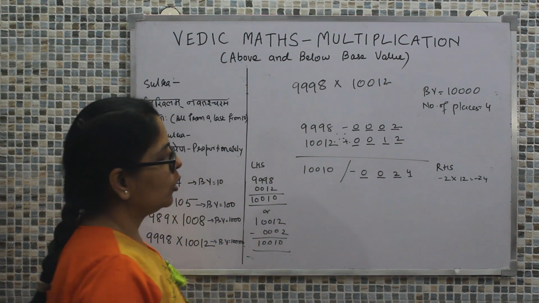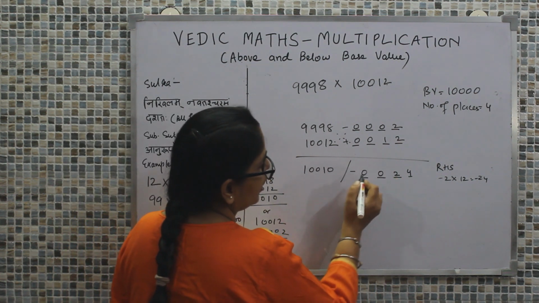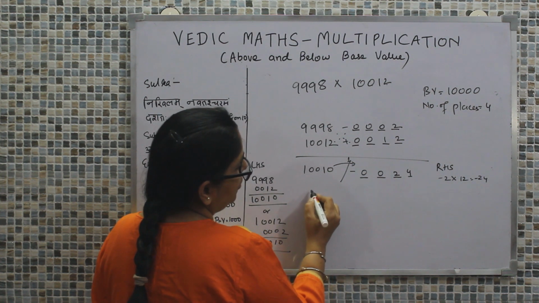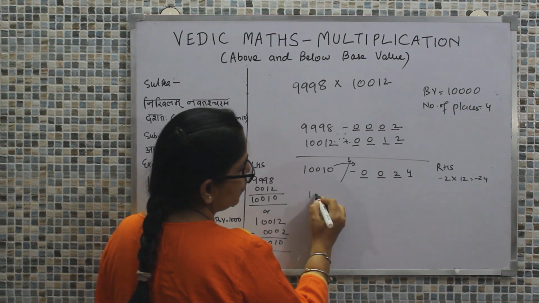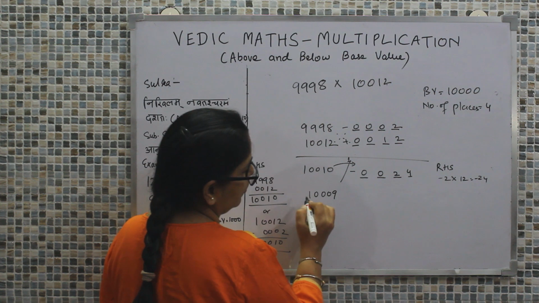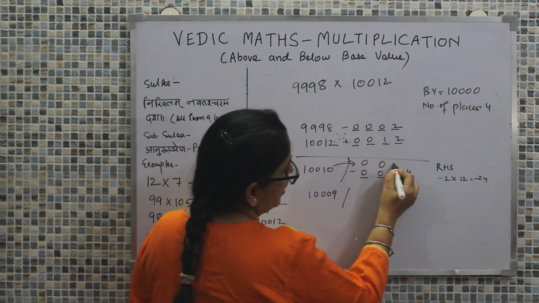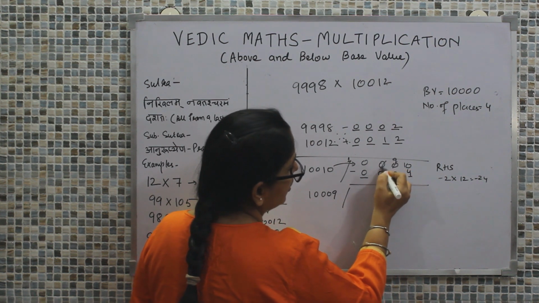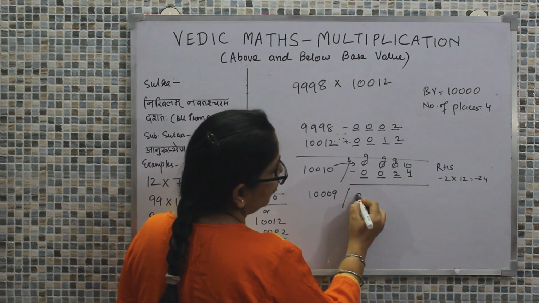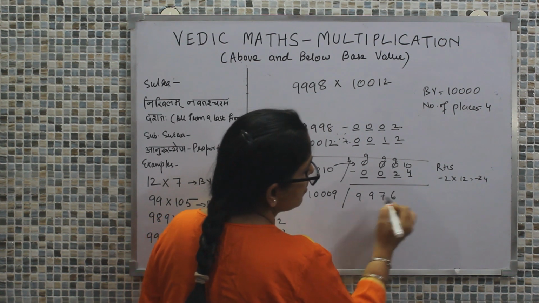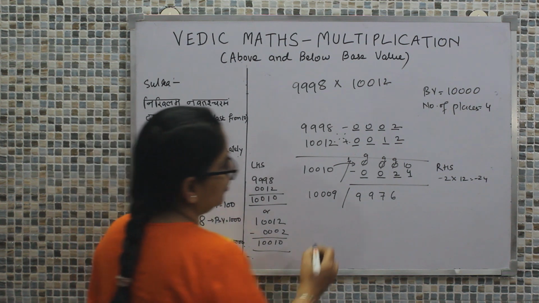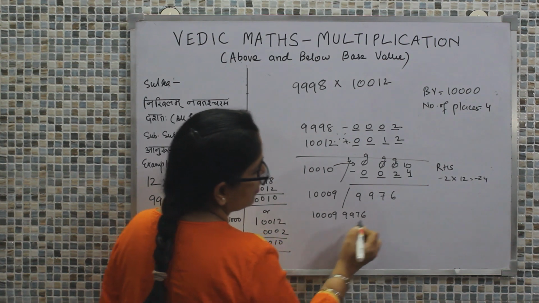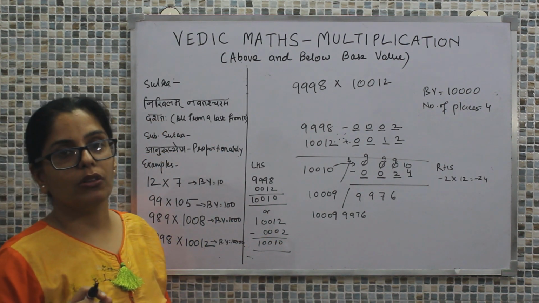Minus 24 needs to be written as minus 0024. Now, as we see that the RHS is negative in sign, we are borrowing 1 from here, so this will become 1 deficient, so this will be 10009. Right. Now, let's subtract it. We have all from 9, last from 10. We use the Nikhilam rule, 9976. Now, the answer comes out to be 10009 9976, and see how easily we are able to make out the calculation.